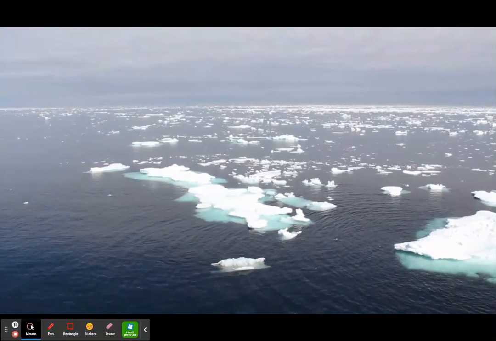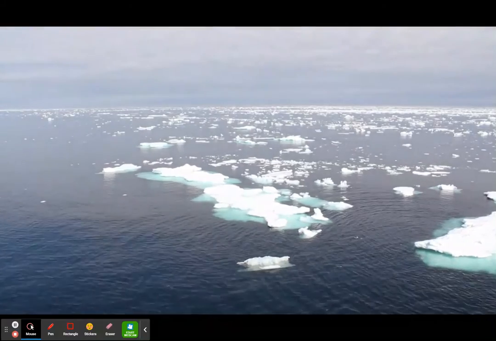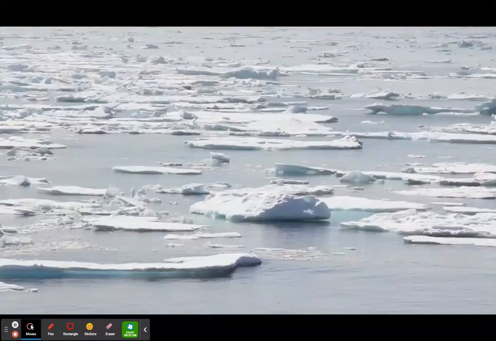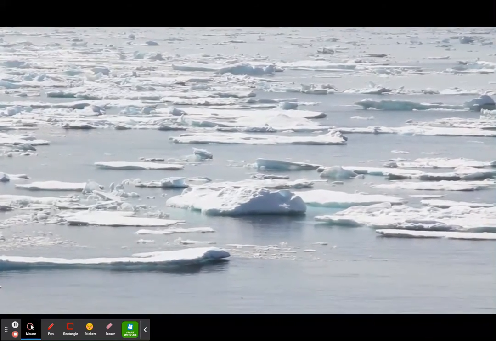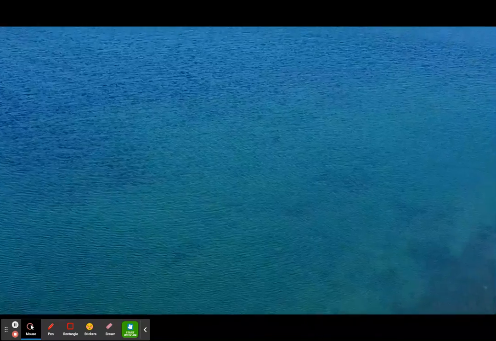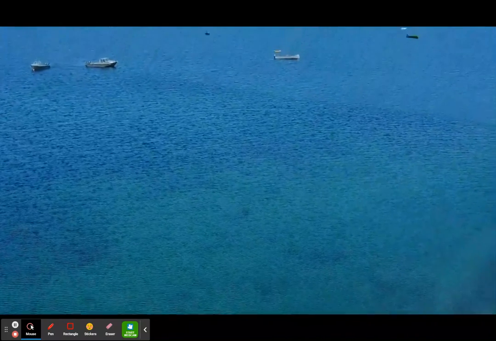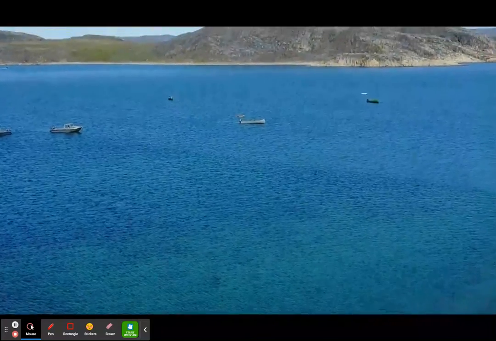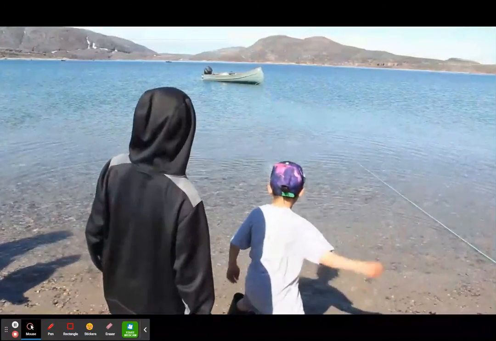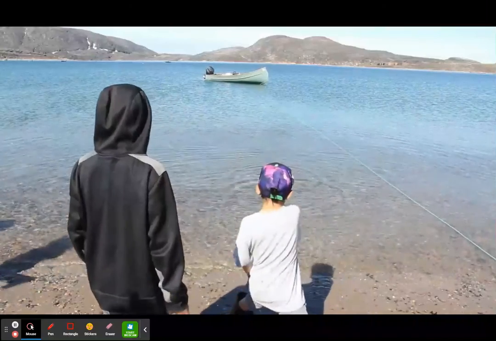This year, spring came early, which means the ice broke up earlier, and therefore it affected our trails going out to our camps that we would normally go to for a couple more, 2 or 3 more extra weeks. We weren't able to stay out as long because the ice was breaking up earlier. Each year, our flow edge is getting closer and closer and closer, which means the ice is not forming as much as it used to.